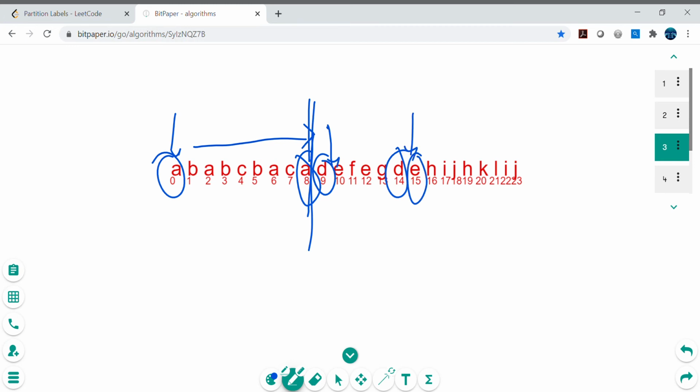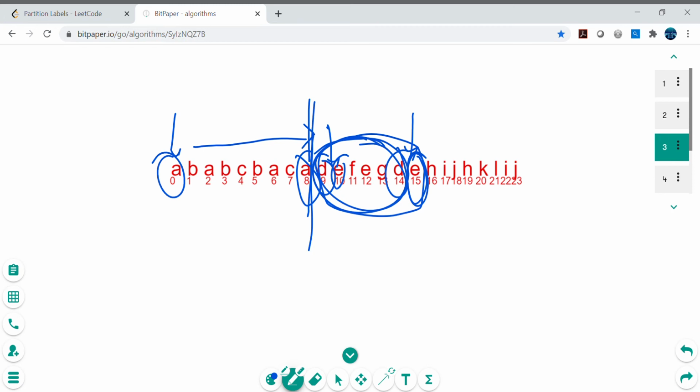So if we keep finding the characters that have a greater maximum index, right? Then we will keep extending this partition, right? So for example, this partition is this circle. Now we find another character that is further out, right? Then we will increase this partition till here, right? So we will keep increasing the boundary of the partition based on the maximum index that we keep finding. Hope it makes sense, right?